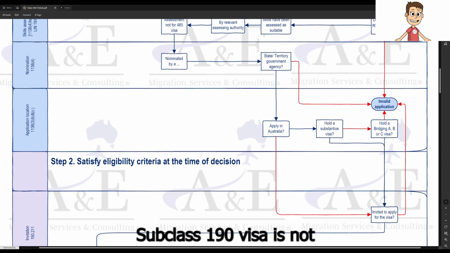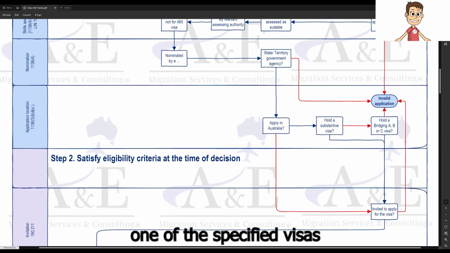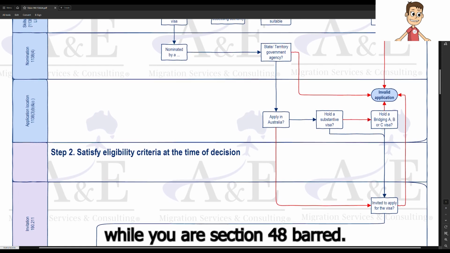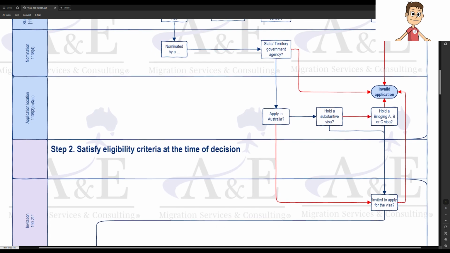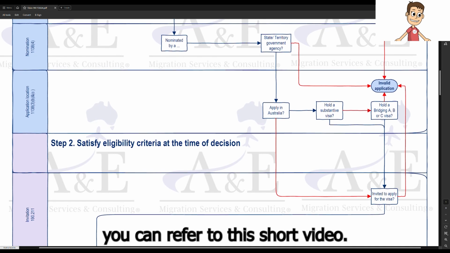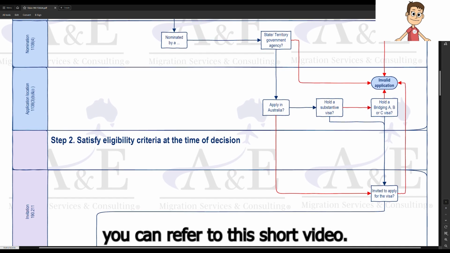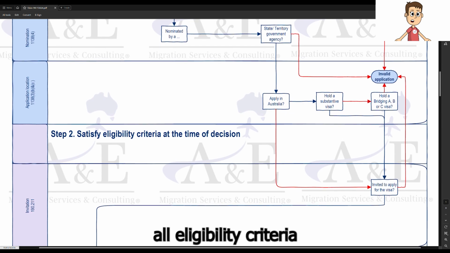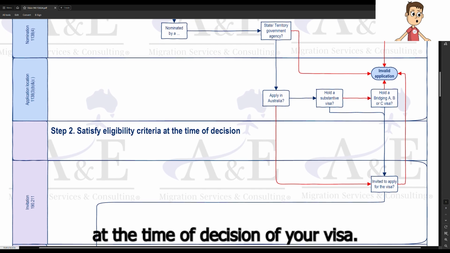Subclass 190 visa is not one of the specified visas that you can apply for validly in Australia while you are Section 48 barred. If you are not sure of what Section 48 bar is, you can refer to this short video. The second step is to check whether you satisfy all eligibility criteria at the time of decision of